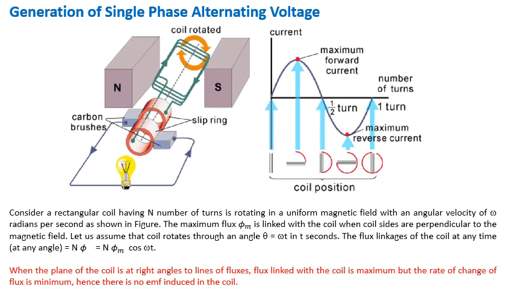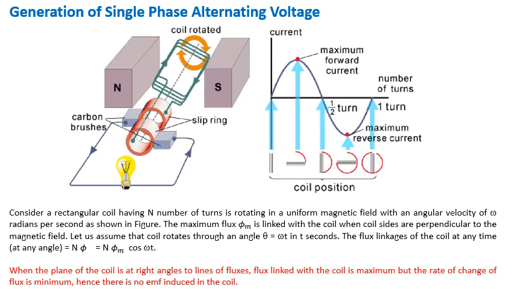For generation of induced EMF, we refer to Faraday's laws of electromagnetic induction, which state that when the flux linking a coil is changing, the EMF is induced in it. Or whenever the flux is cut by the conductor, EMF is induced in it. It means there has to be relative motion between the conductor and the magnetic field. Either the conductor or the magnetic field is to be kept moving so that EMF can be induced due to the relative motion between the two.